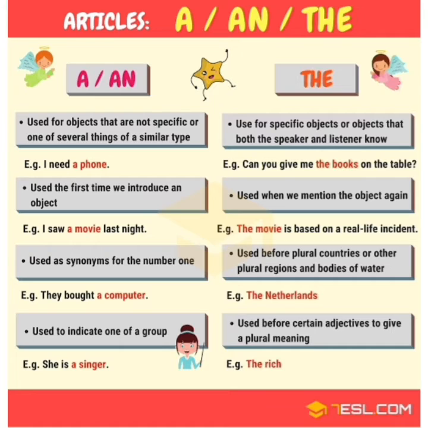We do not use a or an before uncountable nouns like rice, water, smoke, etc. A is used before words that begin with a consonant sound and an is used before words that begin with a vowel sound. For example, let's take the word hour. H, the starting letter, is a consonant, but it sounds like a vowel. So it should be written as an hour. For example, an umbrella, a uniform, a unicorn, and a May student.